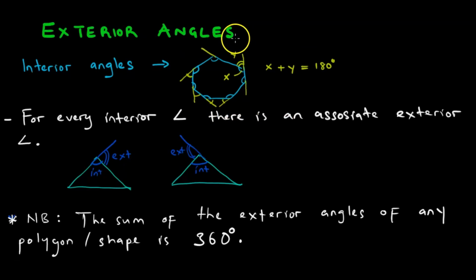Yeah, those are the exterior angles. Then here we have a triangle, and these are the exterior angles. If we add this angle plus this, we get 360 degrees. If we add again this angle plus this plus this plus this plus that plus this and plus this, we get again 360 degrees. So that's important. That's the essence of it all.